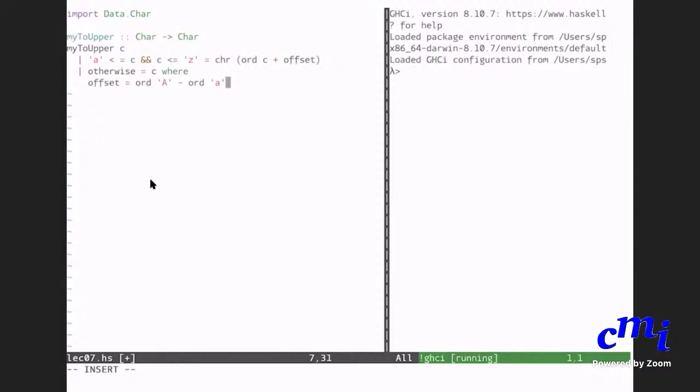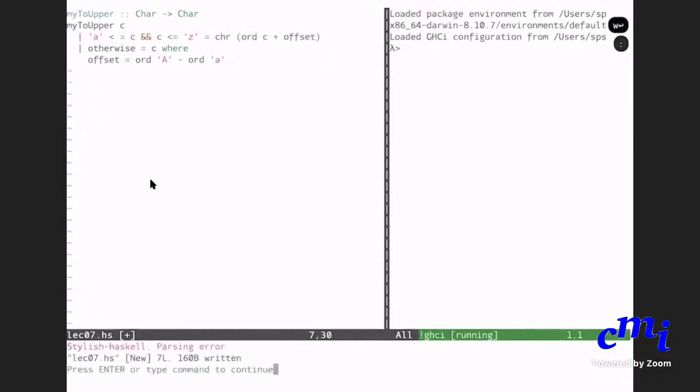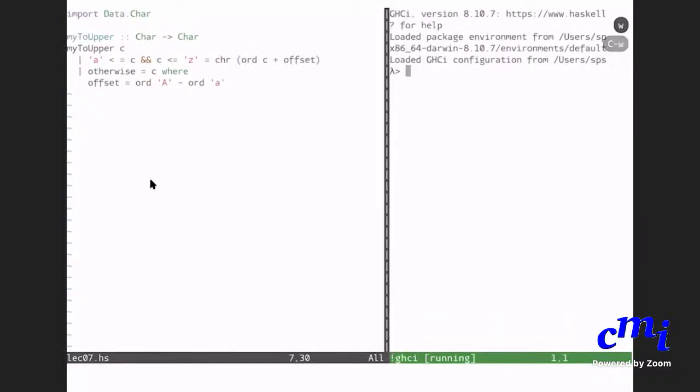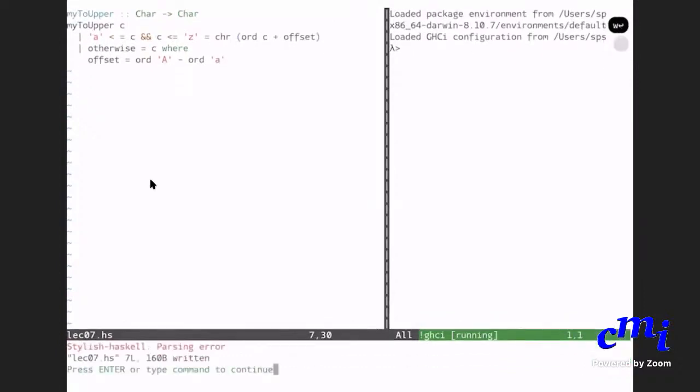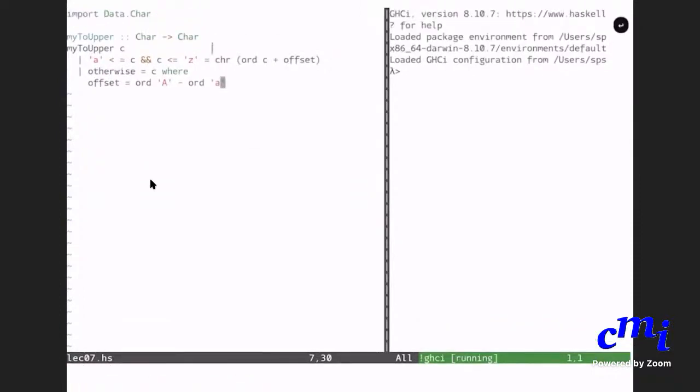Now this will give you... yeah, that's it. Stylish Haskell parsing error. Sir, instead of A, we could have chosen any letter, right? You could have chosen any letter, yes.